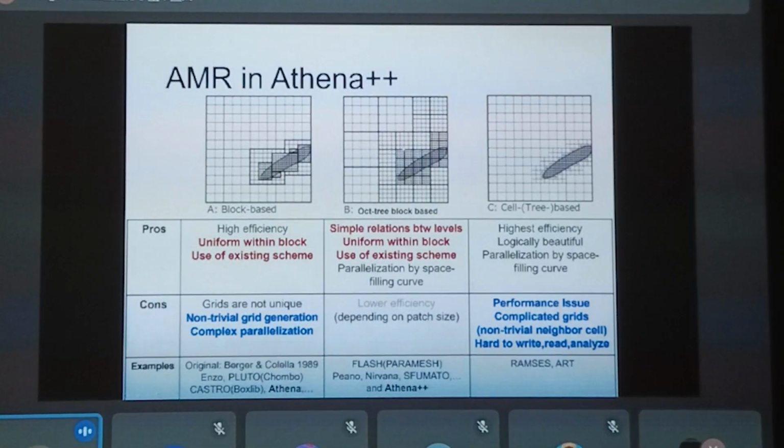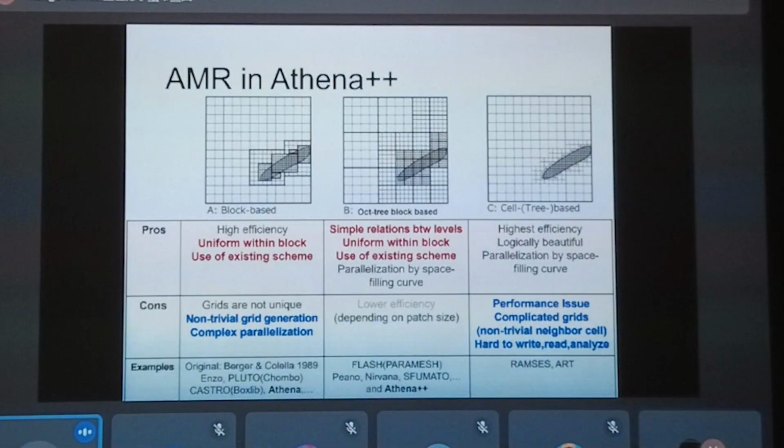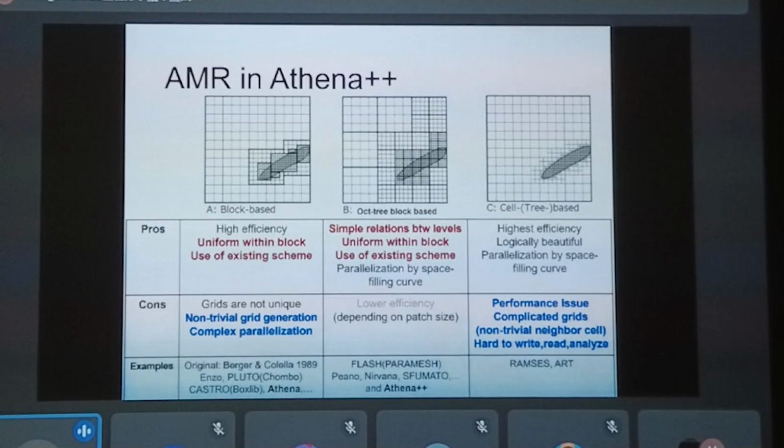So the communication is much easier, and the parallelization is straightforward. We can use the so-called space filling curve to calculate the load balancing. So that's very efficient, and actually easy to implement.